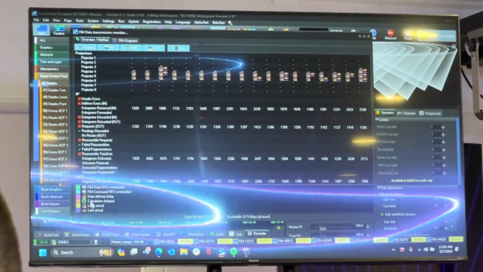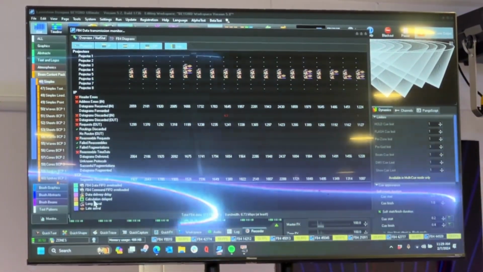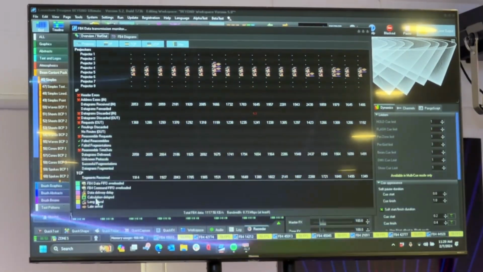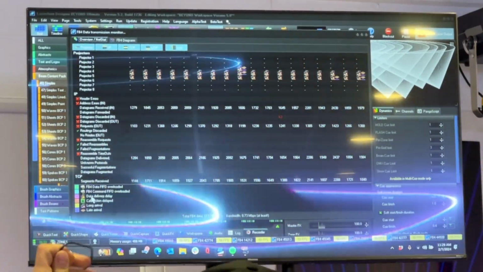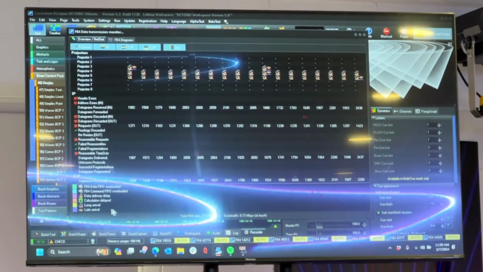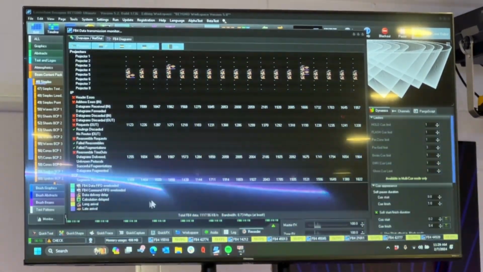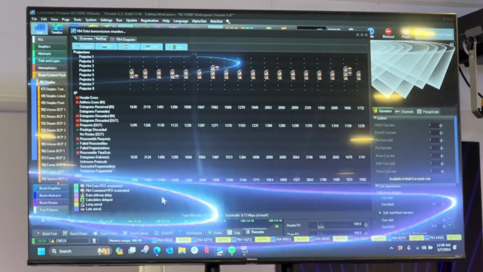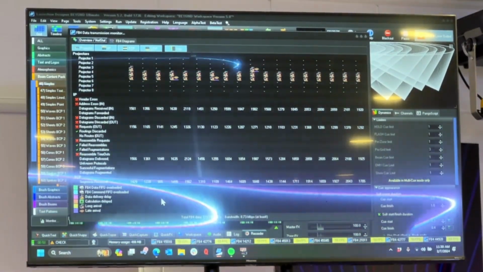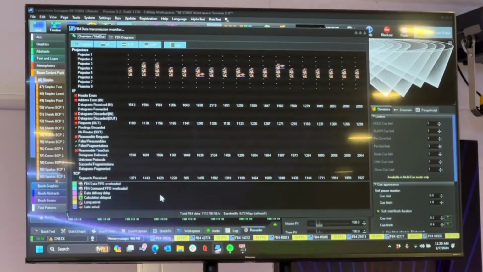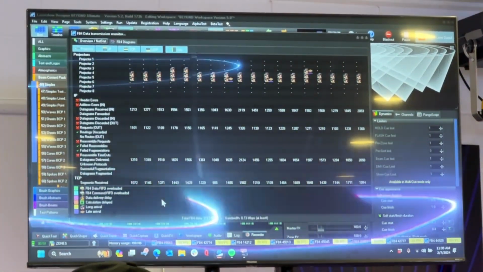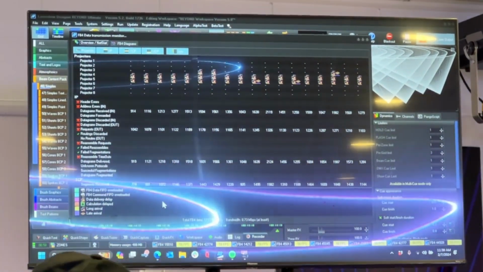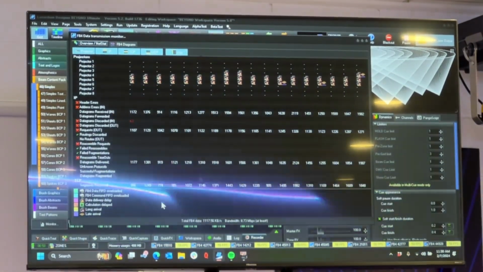If it's CPU based, you'll see calculation delayed, and then that's going to be your computer. If you see data delivery delay, that can be an issue. Long arrival might be a network issue. Late arrival might be a network issue. So you may see some things like that. A lot of the time, the issue is not even visible to what's going on. Like you might not even visibly see it, even if it's letting you know something is going wrong.